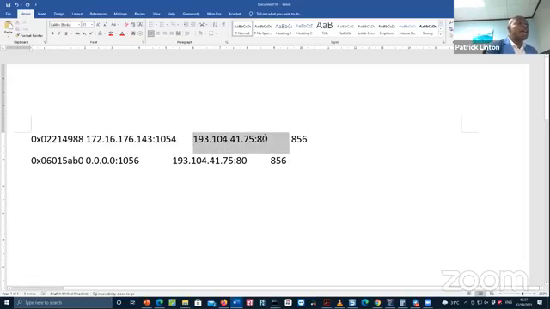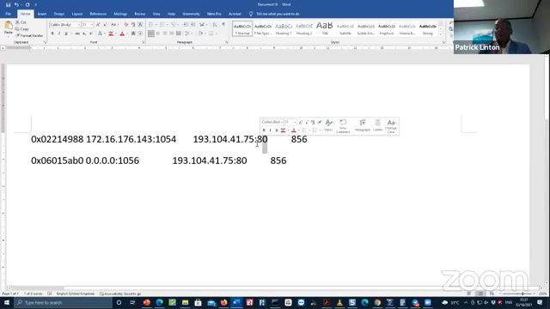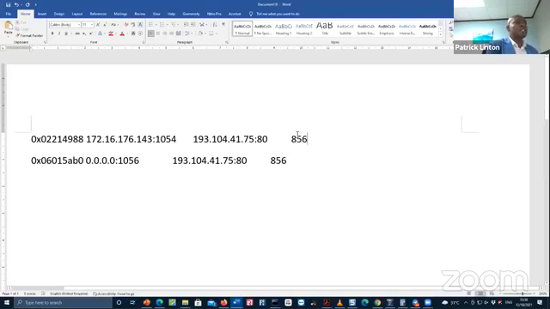This is our remote IP with a socket, with a port. The port that is attached here is 80, which can only be spawned by a web browser. Port 80 is used for HTTP. Port 443 is standardly used for HTTPS. You can have non-standard ports for HTTP, like 8080, or 8443 for HTTPS, depending on how the user sets up his or her machine. These three numbers here are called the process ID.